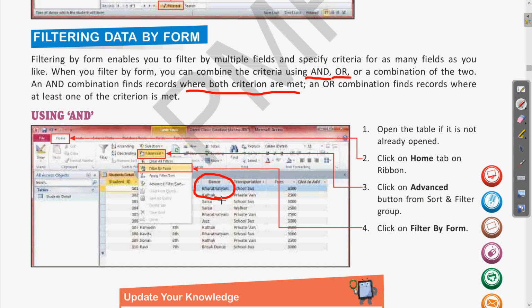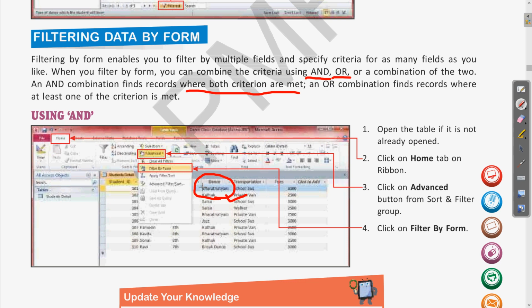Suppose there is a function in the school and you are preparing for a dance or any other cultural activity, doing the rehearsal for that. Now if the teacher wants to find those students who have the dance form Bharatnatyam and who come by school bus, so that they may wait after the school period to learn some new steps, he can filter the data.